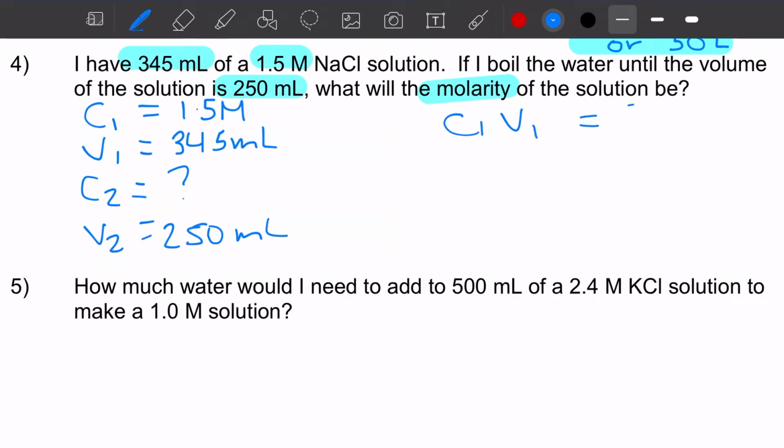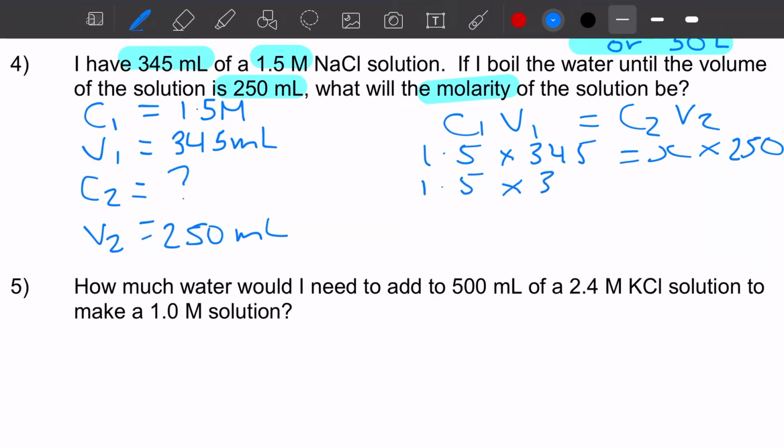So C1 V1 equals C2 V2, and same thing, we're going to do 1.5 multiplied by 345 equals x multiplied by 250. And then we write down our next step of the equation. 1.5 multiplied by 345 divided by 250 equals x. And then put that into the calculator. X equals 2.07